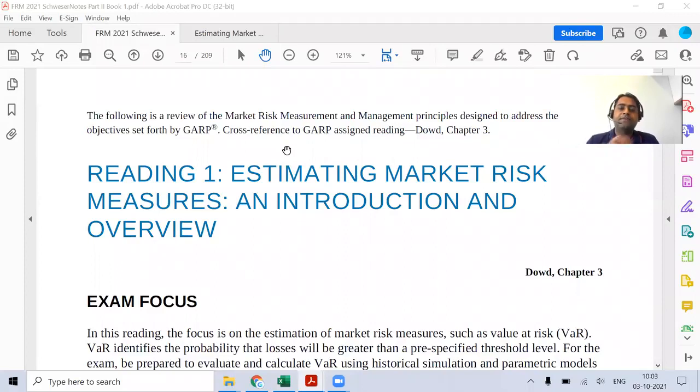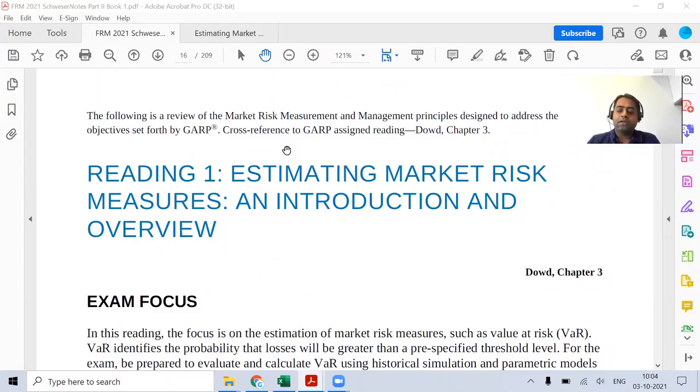We're going to be starting out with the first session of FRM Level 2. And primarily, we have started out with the market risk book. And this topic, which is estimating market risk measure, is actually a continuation of your VAR topic. Certain things are repeated, certain things are exclusively given over here, which was not covered in your FRM Level 1.